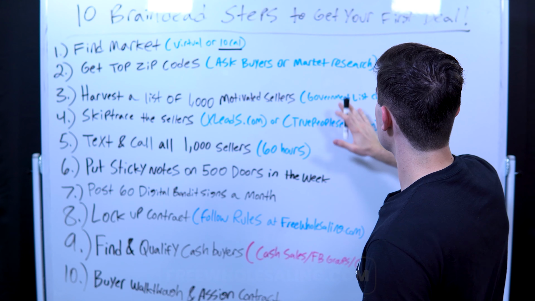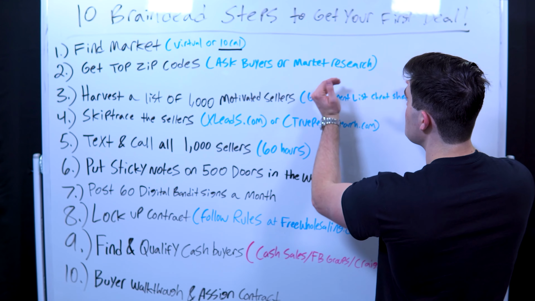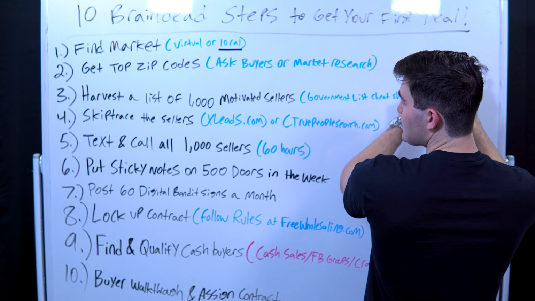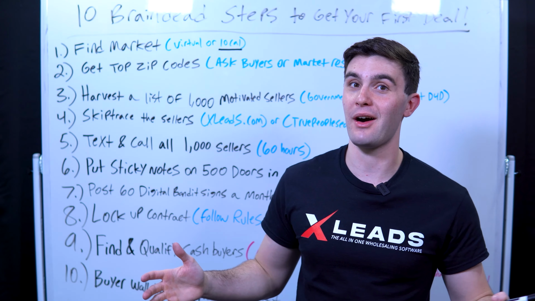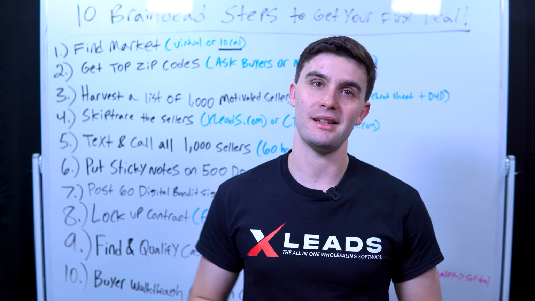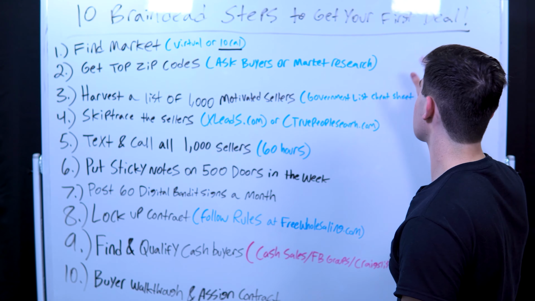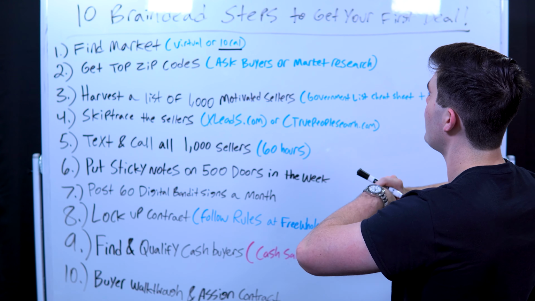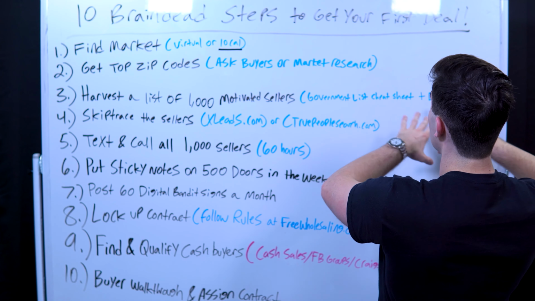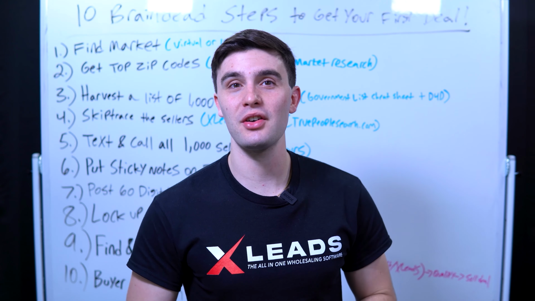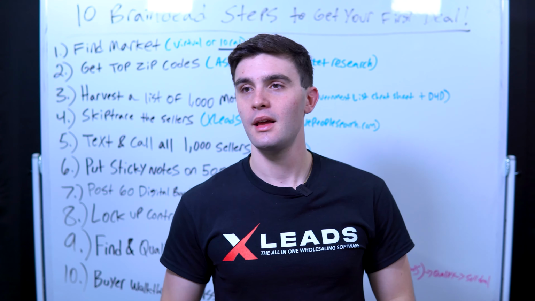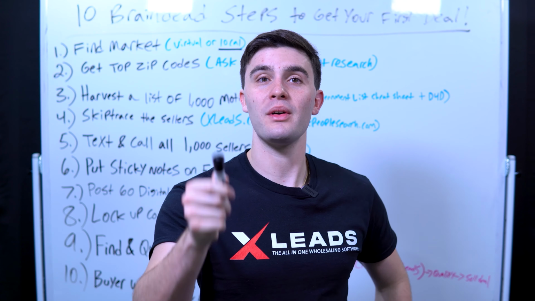On top of this too, I would drive for dollars. And really, this combination of government lists, which are super, super niched out, and driving for dollars lists, getting 1,000 pretty easy. You could probably do it in 3 to 4 hours now versus 30 or 40 back in the day. I would prefer it's half driving for dollars, half government lists. I think for a month, it might be a little harder to do that. So maybe 75, 25%. But just in case you have a question on how to get these government lists, let me show you exactly how to do it right now inside of your computer.